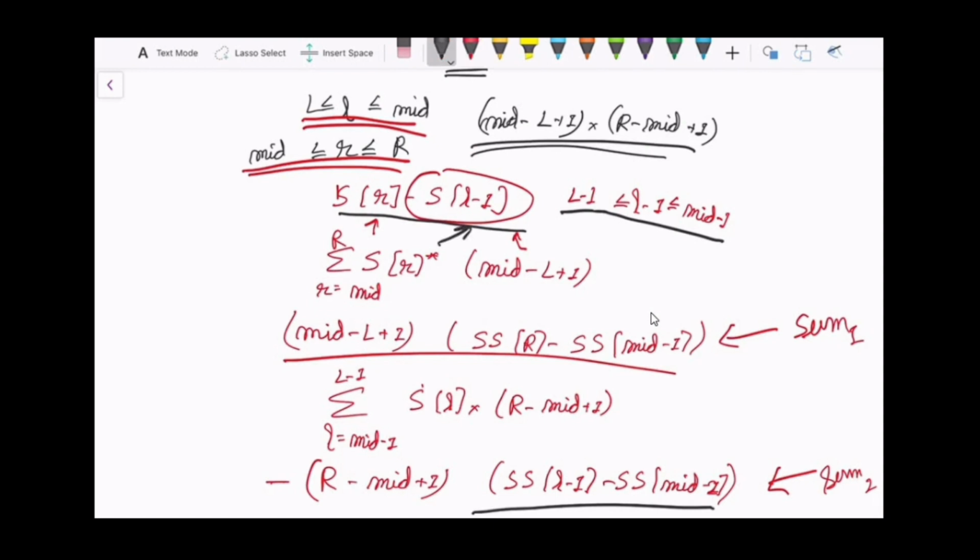And for this sum to be odd, we can either have S of R odd or S of L minus 1 odd. So we'll first find the ways in which S of R is odd and multiply by the ways in which S of L minus 1 is even, and similarly we will add the cases where S of R is even and S of L minus 1 is odd. The range of R is from mid to R, and the range of L minus 1 is from L minus 1 to mid minus 1.